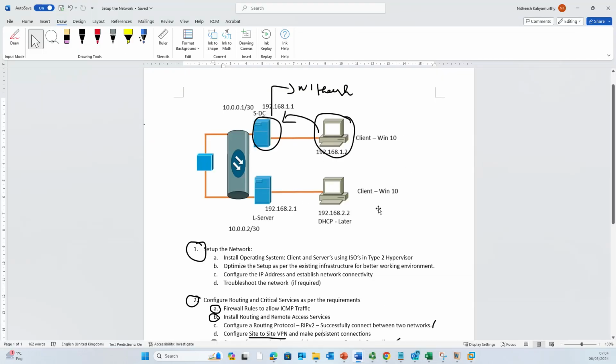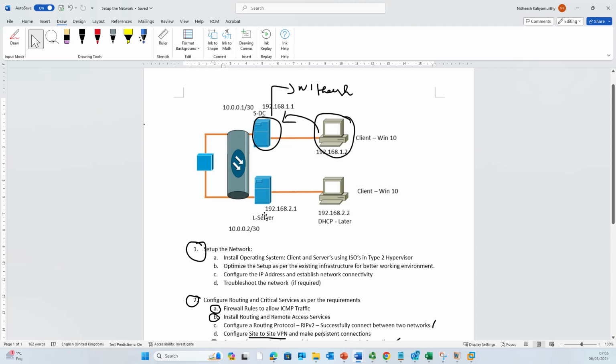So this network can communicate to this network successfully. This PC can communicate to this server successfully, but this network 192.168.1.1 or 1.0 network can't communicate with 192.168.2.0 network,